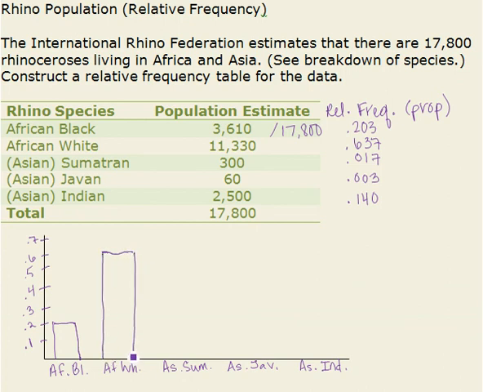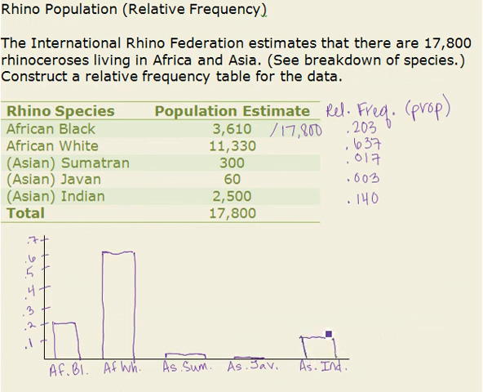So somewhere around there. Asian Sumatran, 0.017, so very small, 0.01, not 0.1. So very, very teeny. Asian Javan, even teenier, 0.003. That almost might just be a line right there. And Asian Indian gets up to 0.14, so 0.14 would be about halfway up,